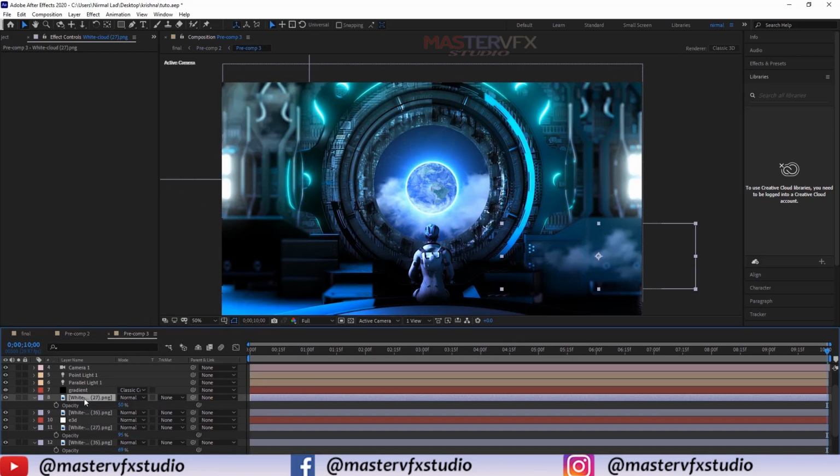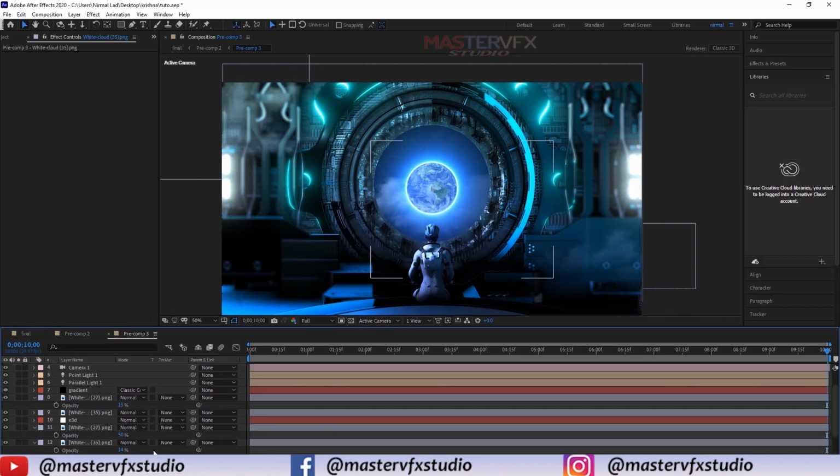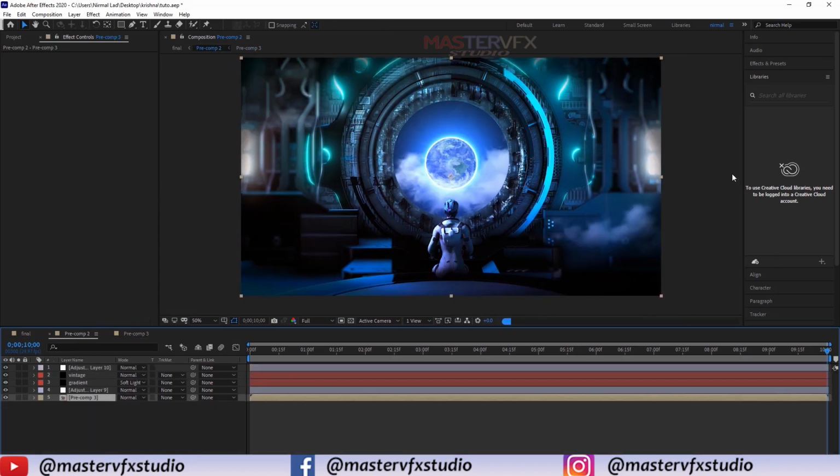So select this white cloud, change it to 50%. For this layer I think change it to 50%, and for this layer I think change it to 40%. Footage quite 20%. I think 30% is good. Okay. Now look at the final.